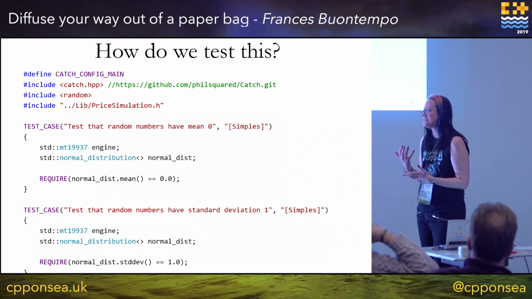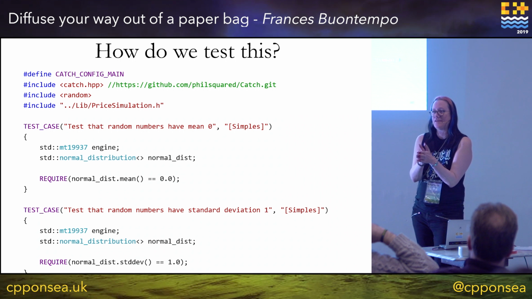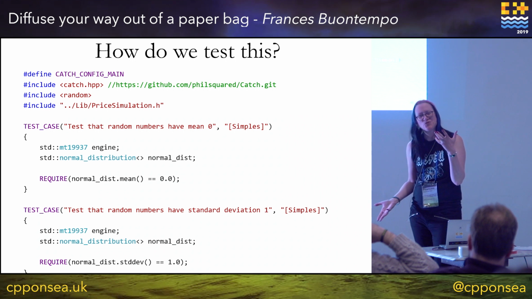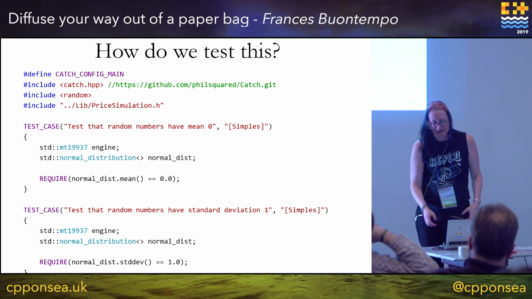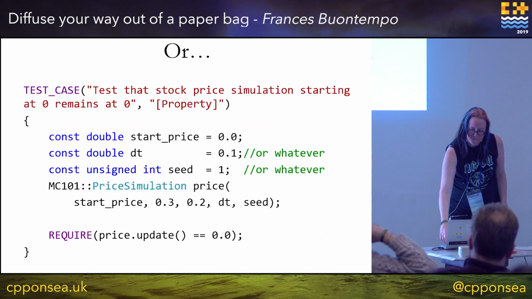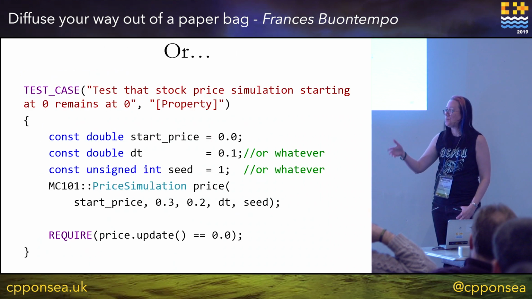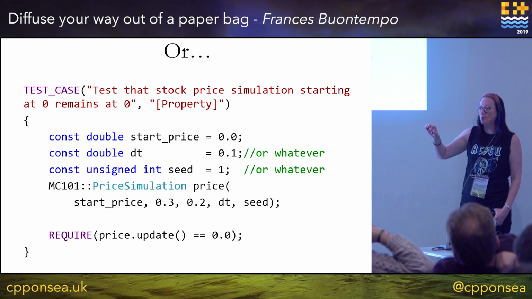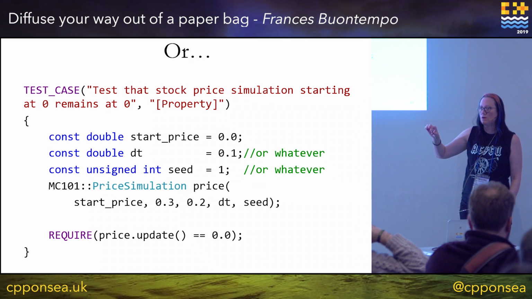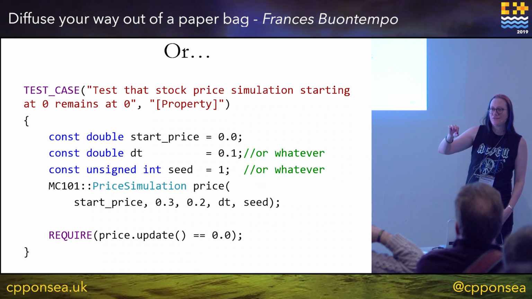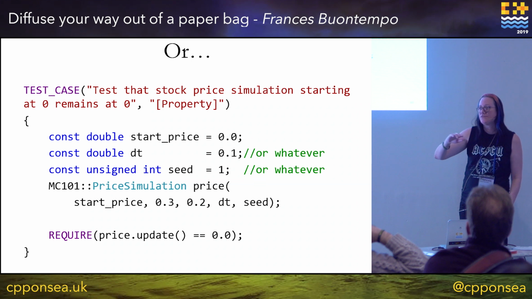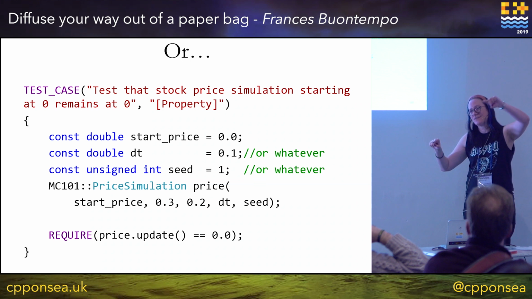If something different happens every time, how do you deal with that? Well, you can clamp the seed down and check the exact sequence of numbers. But then you're sure it's really doing what you need it to be doing. So you can start thinking about what properties I've got out of the simulation. If my stock price starts at 0, well, the amount of drift up is, it'll stay at 0. If there's no volatility, then I'll get the drift back.